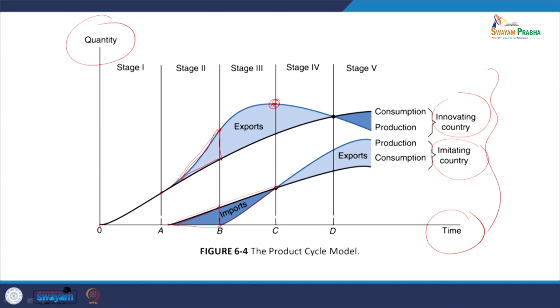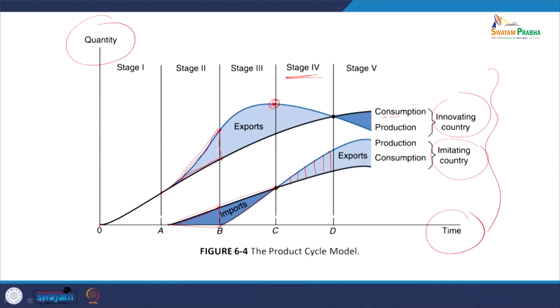From that point, the imitating country, or the importer, started imitating and replaced their imports by exports. So, exports occur in stage number 4. In the latter part, when the imitating country has been successful and replaced many imports, it is able to actually produce, and initially